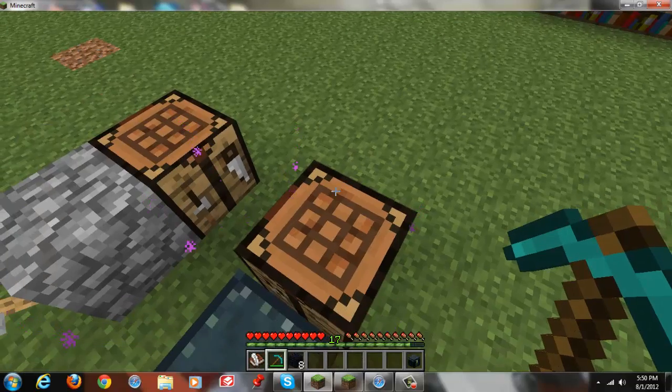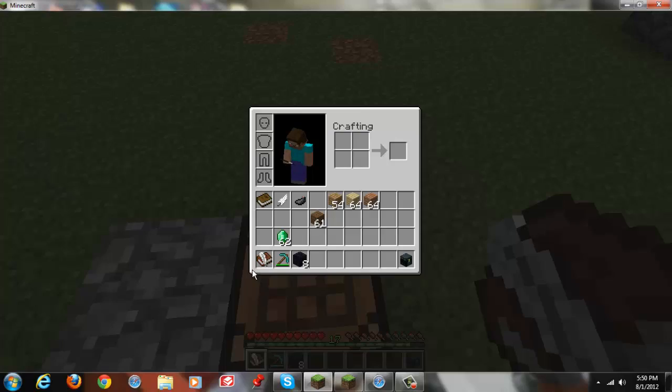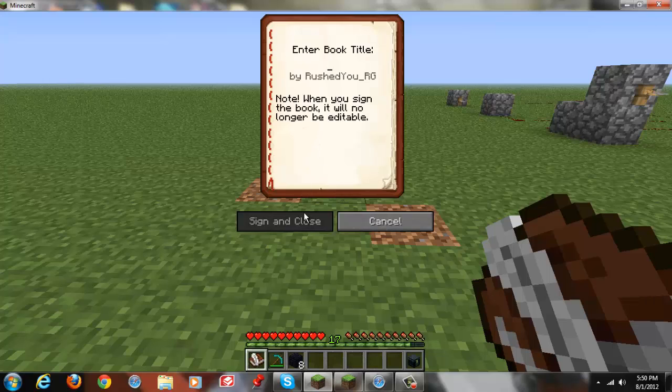Oh, and there's one more thing. This is really, really cool. So now there's this thing called a book and quill, and when you left click when it's in your hand, you can write a book pretty much. And then you just hit sign, enter your book title, and just say